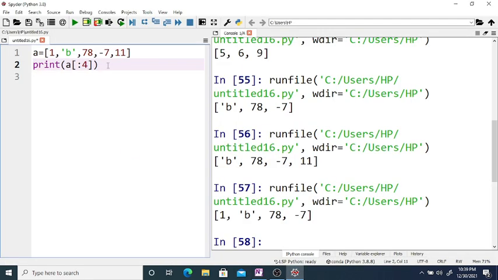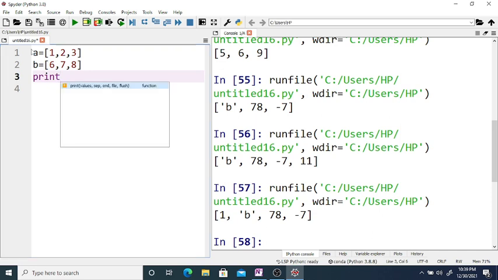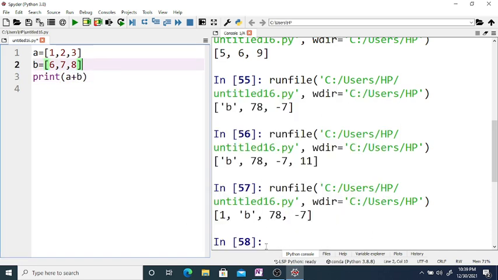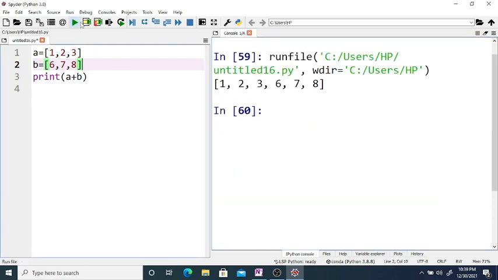For example, if you use A is equal to 1, 2, 3 and B is equal to 6, 7, 8, and you print A plus B, you can see the two lists get merged and form a new list, that is 1, 2, 3, 6, 7, 8.